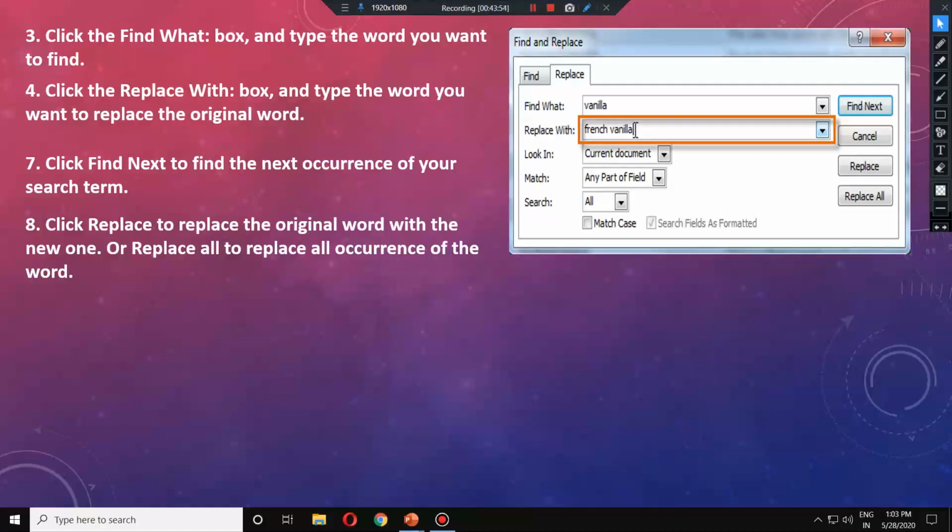I am only taking vanilla as an example because it is written there, but it is based on your information. Whatever word you want to change, you can write it here. Okay. Next,